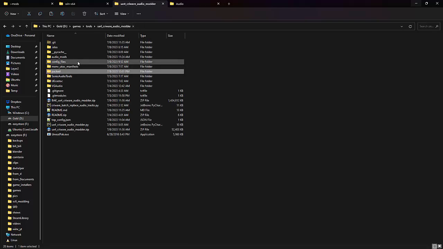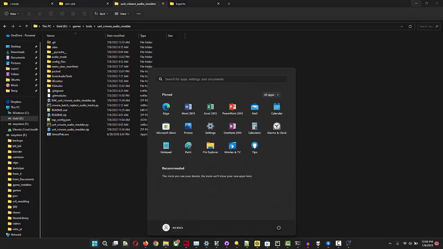So let's say you want to make an audio mod. First of all, you want to figure out which tracks you want to replace. For that, you're going to want to run my tool in extract mode. How do you run my tool in extract mode? Go to the top config.json